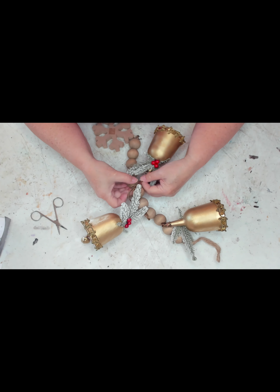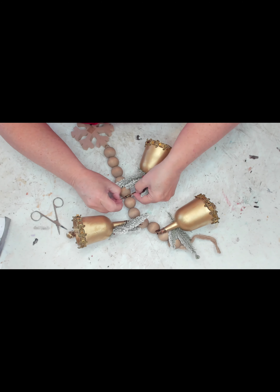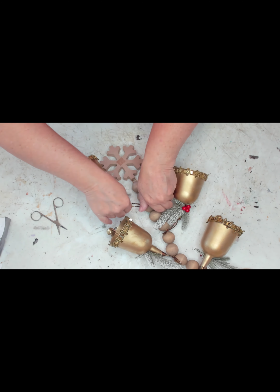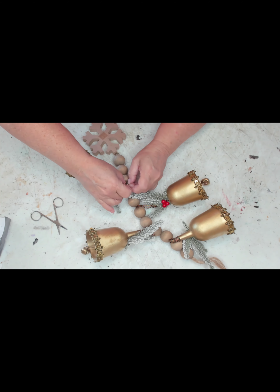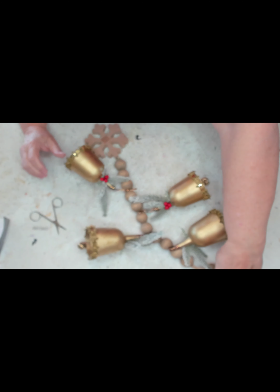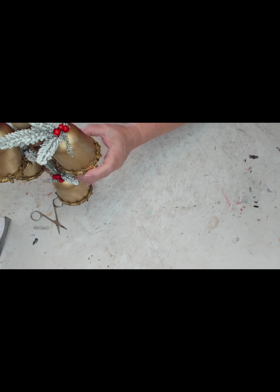Now I should have flipped it over so you saw the white side of the snowflake, but I wasn't paying attention, I guess. But it's still okay. Again, with this one, I'm just tying a single knot. I did not cut the loop at all, just left it as is, and that way you can take it off. Again, I'm skipping two beads and putting the last one on. However, don't do this because the bell is too close to the snowflake. What you want to do is take the last bell and put it up at the very top where you see those two beads at the very top. Put it up there, and then once you get the bell on, tie a knot on so the bell doesn't slip, and then